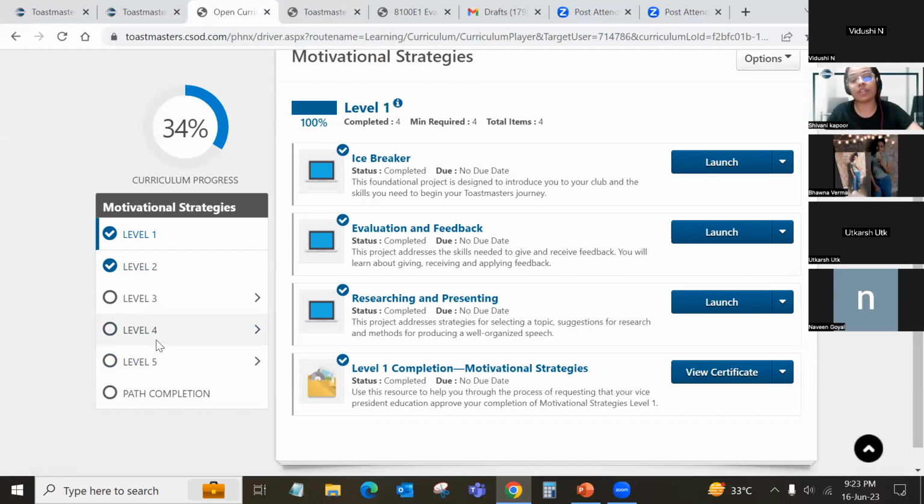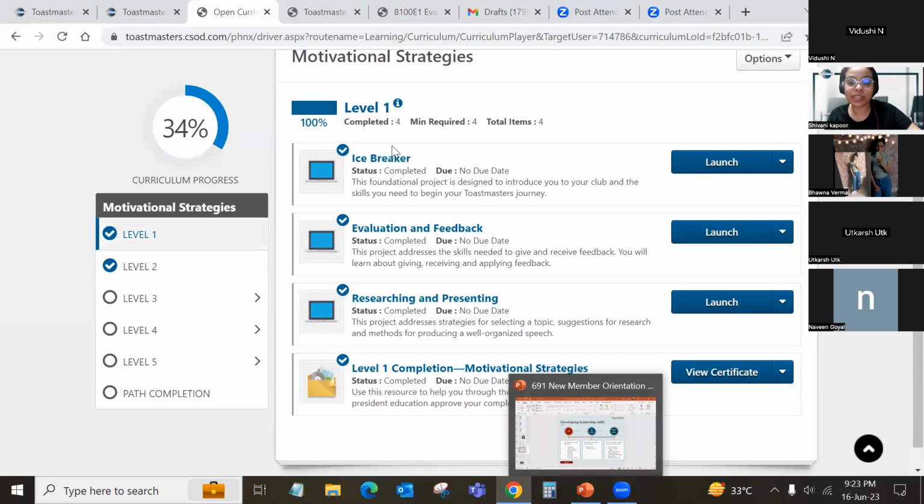So in general, as VP Education, we make sure that the speaker is benefited. That's our first and foremost priority, because you all are here to learn and grow. So it's extremely important to get good feedback, wherein your good points, that is your commendations, are appreciated, as well as you get some takeaways, some areas of improvement. The evaluator has observed so well that they have taken out those points where you can improve and grow. So it is very important to have good recommendations also from your evaluator.